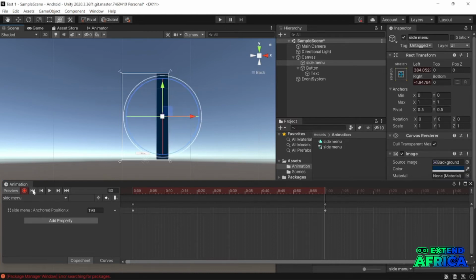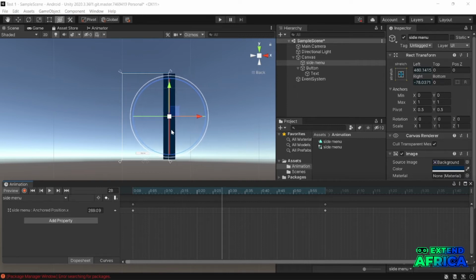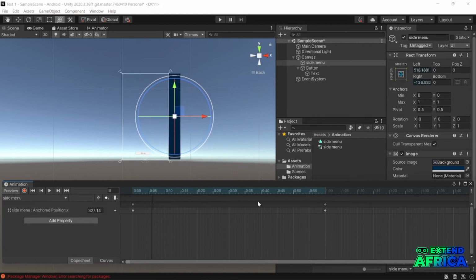Then you click on stop the recording. Now, once you click on play here, you see that it moves in. Okay, you see that it moves in, and this is all we needed. Close your animation. Again, the moment you record it and everything works, another option will be created here, which is